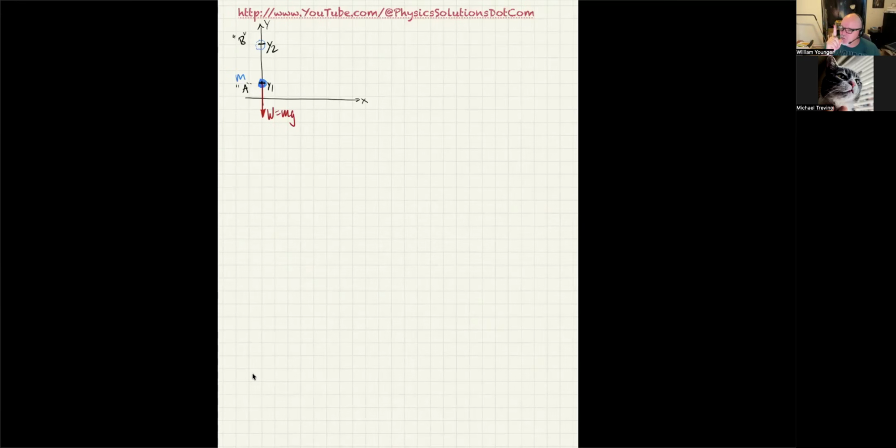But each time we're sort of holding our finger on it so it doesn't go back down. And then over a very long amount of time, it'll eventually move from y1 to y2. So now I'm going to calculate that work done. Negative delta U is equal to the work done by